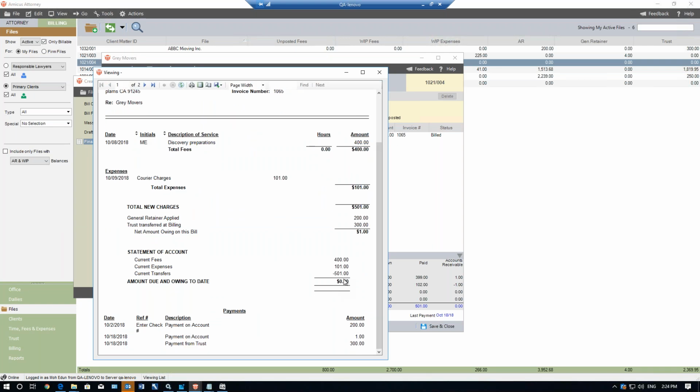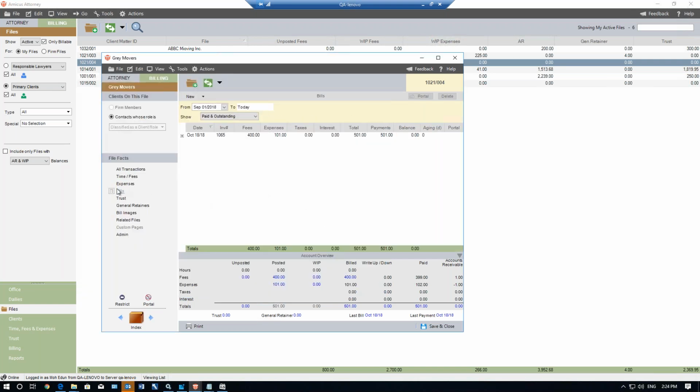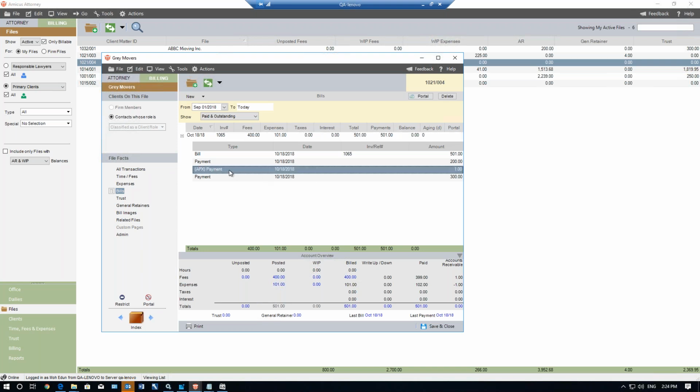So we have the payment amount here of $501, which includes your transfer, and you can see that there's a payment here, the payment of the credit card here. We go back to the file, and we look at the bill here, we'll see that we had the transfer from your retainer. We keep all the payments separate. We have the transfer from your general retainer, we have the transfer from your trust, and we have that APX